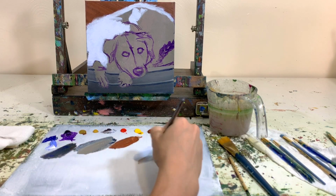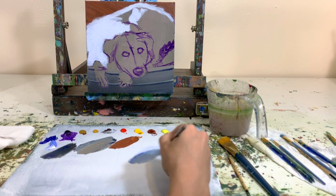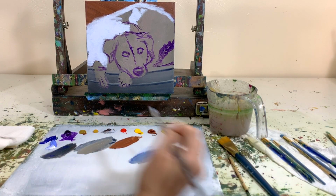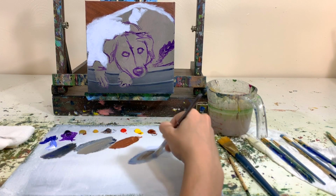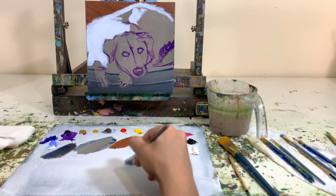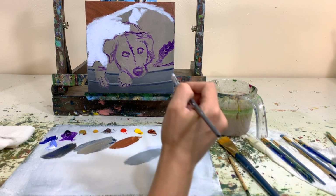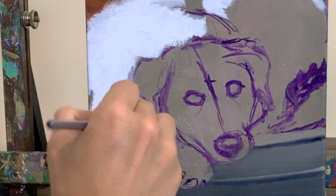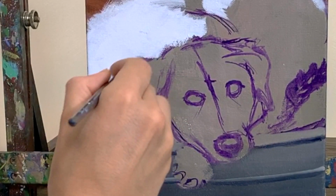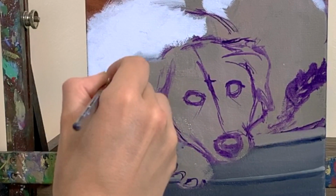All right, now let's take a little bit of black, a little ultramarine blue, and some burnt umber, one more ultramarine blue. And let's do a hint of this bronze yellow and a little more burnt umber. And that's a good shadow color for right behind the ear. So while this paint's still kind of wet, it's drying very quickly today because it's hot in here,